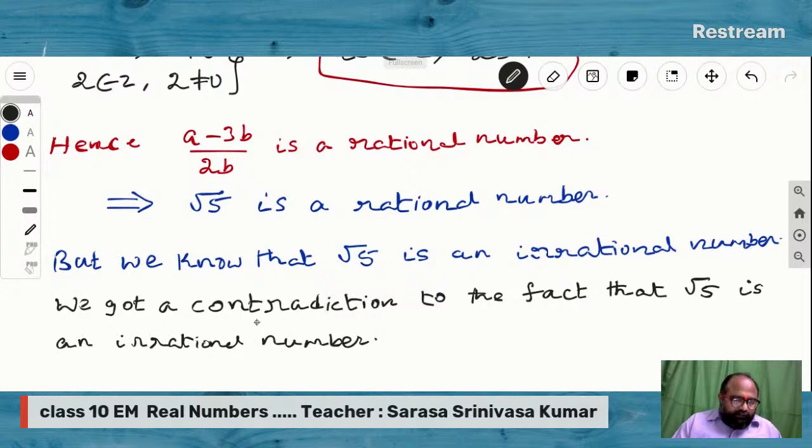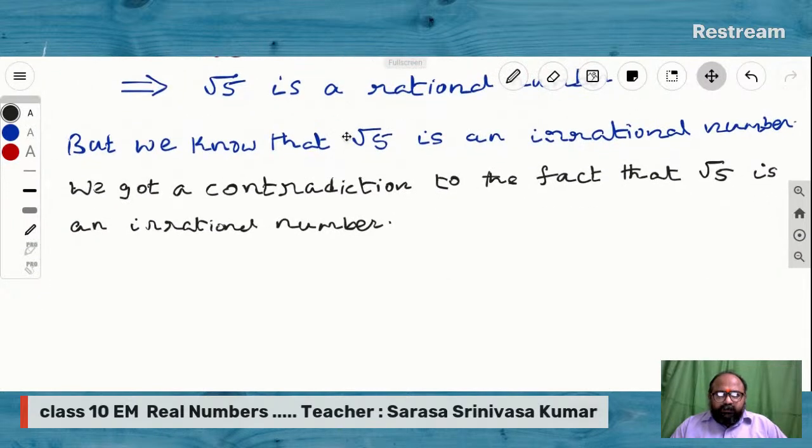So why has this contradiction arisen? This is the question. This is because of our wrong assumption. What is the assumption? So we assumed that